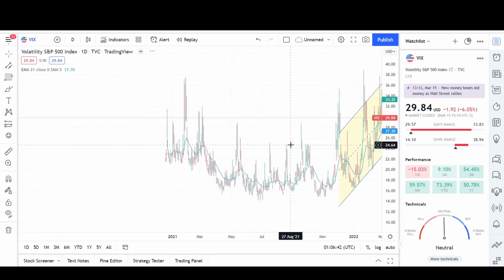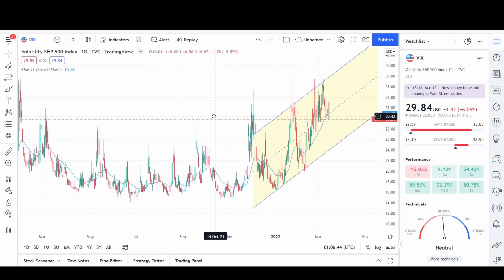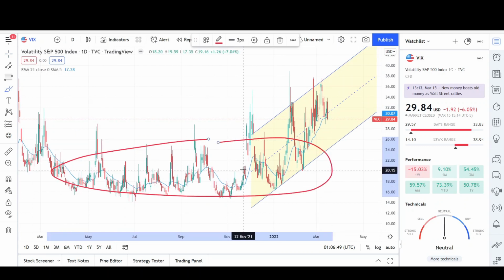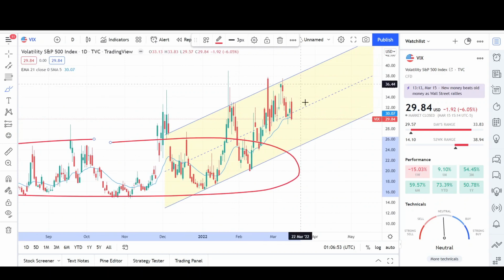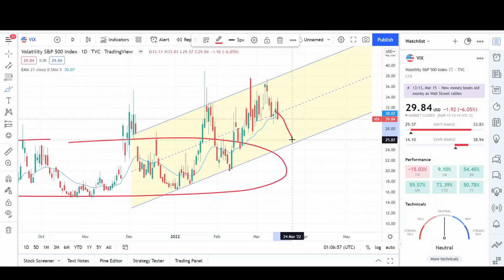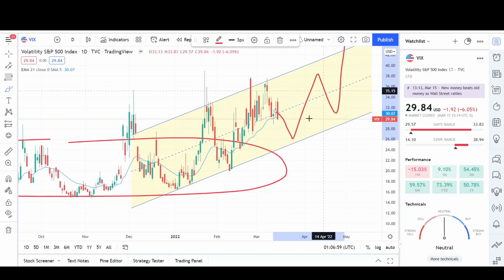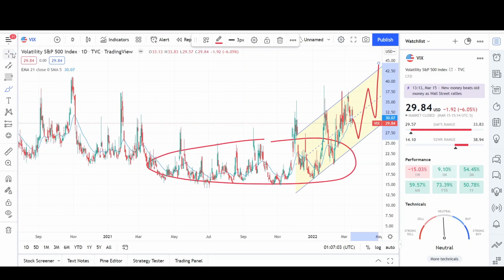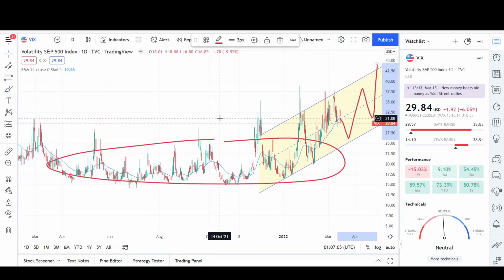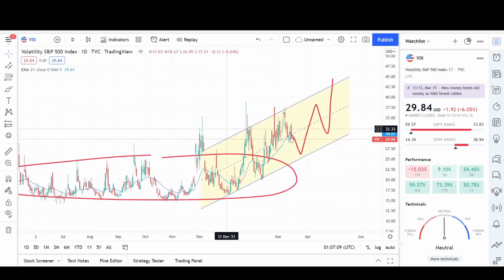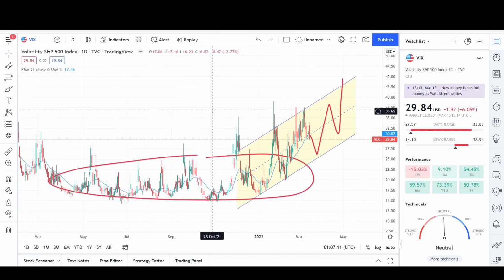If I zoom out on the chart, you can see that most of the time the average would be right around here, probably like the 20. We're right here at 29, so this is definitely increased volatility, and it looks like it's not stopping right now. Maybe we could see a drop in volatility, but then it looks like it's probably going to pick up. That's why I'm thinking we're going to get bigger swings in either an up or down direction. So this lets me know that the volatility is increasing, so I would be expecting bigger